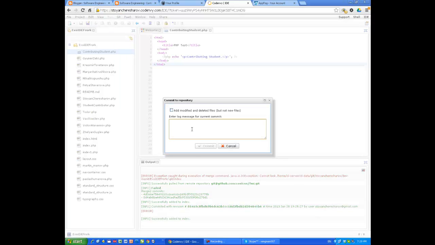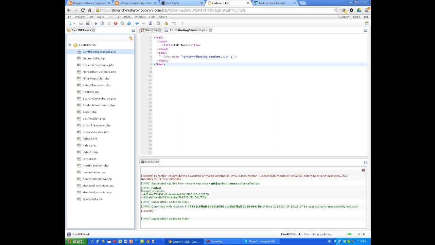I have added contributing student.php. This is my comment to this commit. Okay, successfully done. So now we can push to the Git,